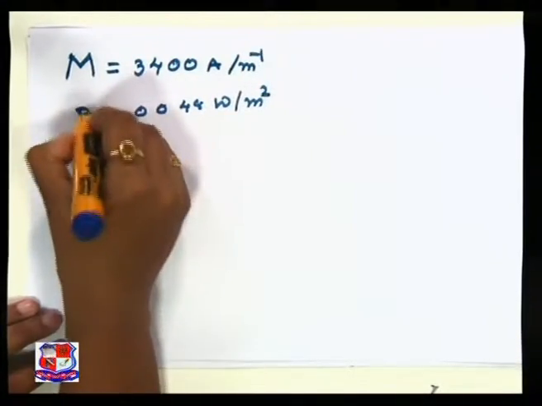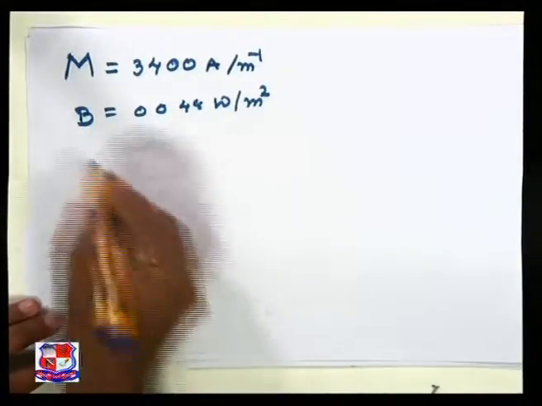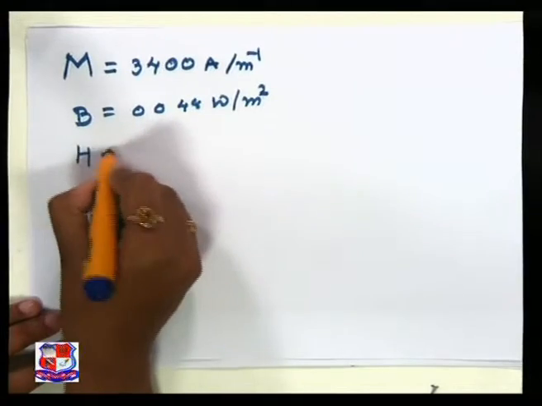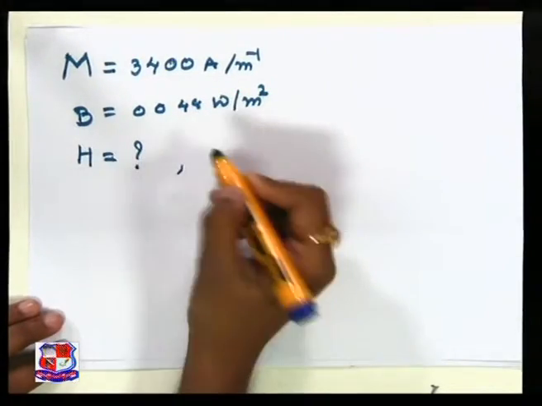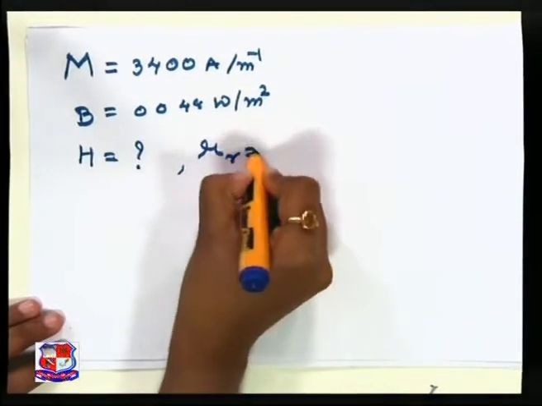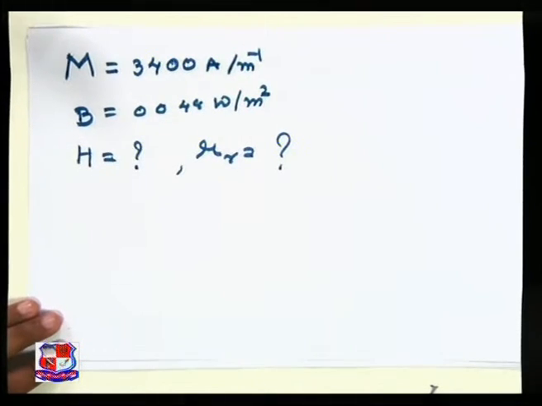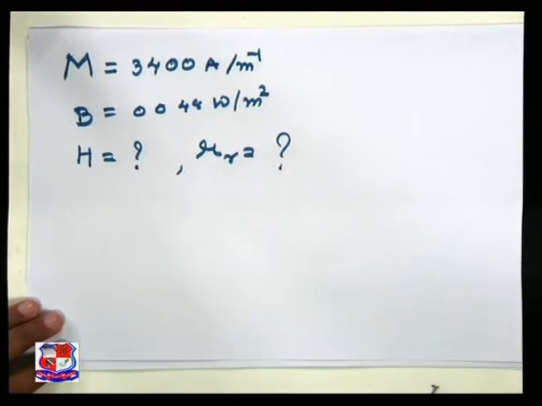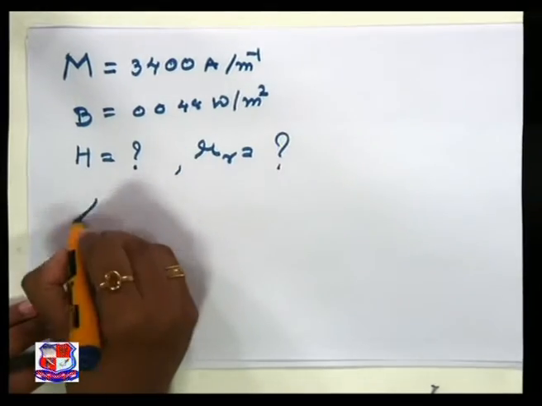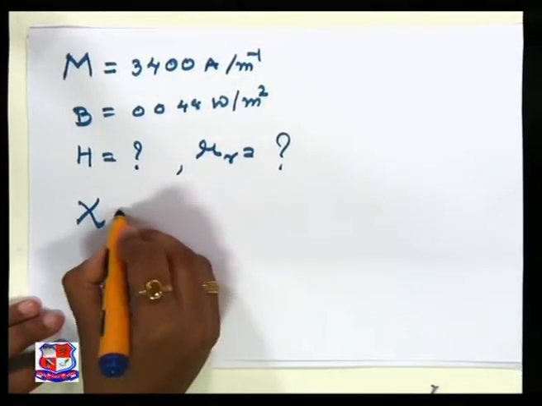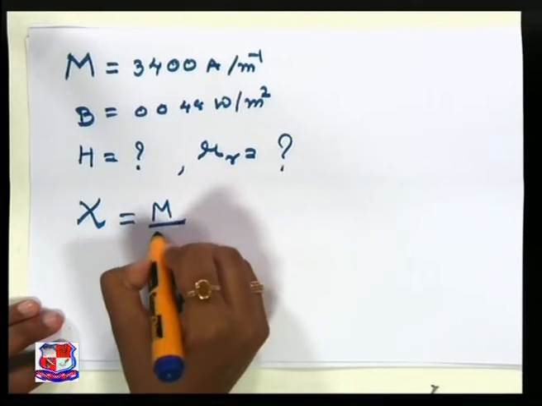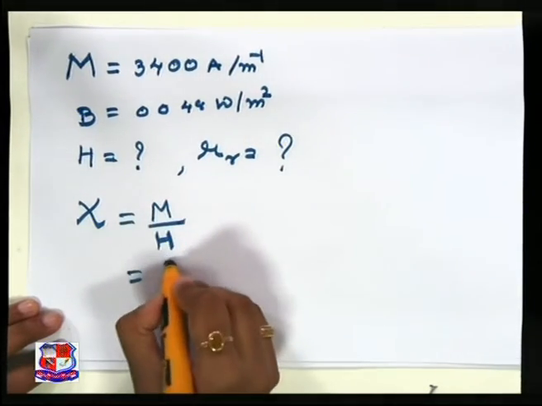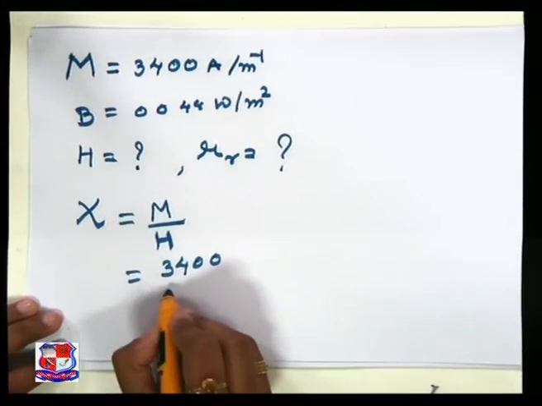This is the magnetic flux density B. Now calculate the applied magnetic field and the relative permeability of the material. These are the two quantities that we will have to find out. Now how can we find out? We have a well-known formula, chi is equal to M by H. M is 3400 divided by